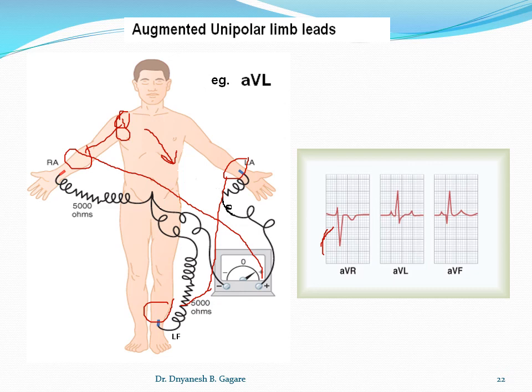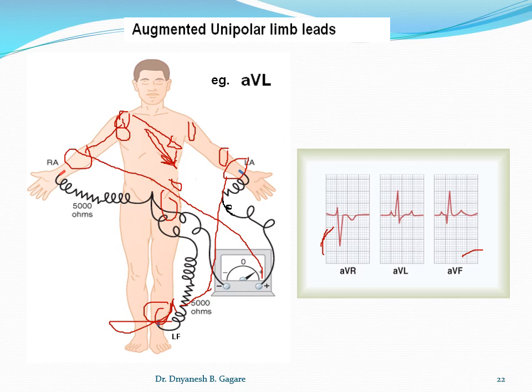And the remaining two ECGs are positive. Why is it positive? Because here the current is flowing towards the exploring electrode. In this combination, the electrode is at the left arm, and current is flowing from the right side to the left side, that's why the waves are positive. Then in the third combination, the exploring electrode is at the left foot, it is here, and current is flowing towards the exploring electrode, that's why the waves are positive. Students, I think you followed it, and it is very simple.